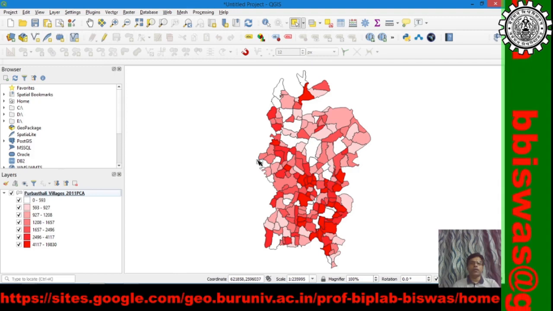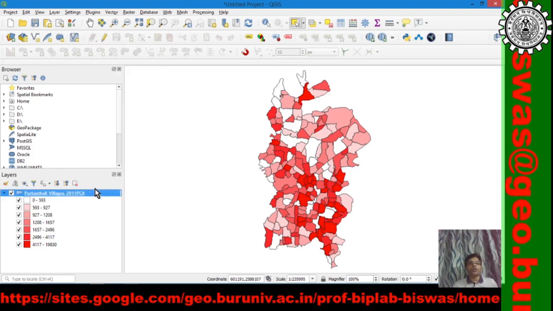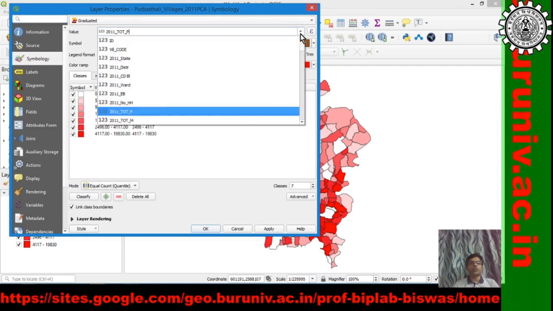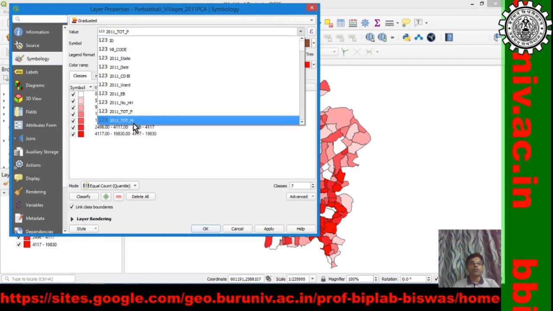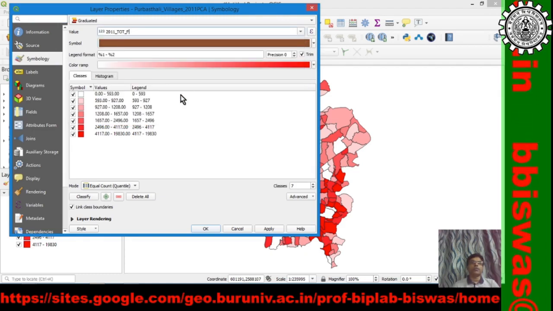Just to check with any other data, right click, properties, symbology, say total population, and this is total male population or total female population, let it be female population.